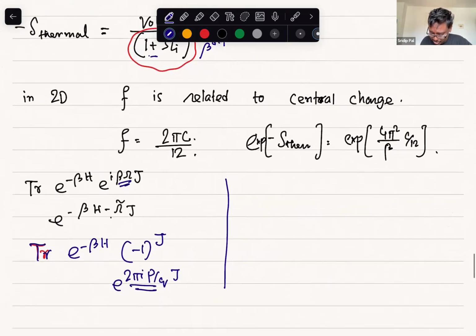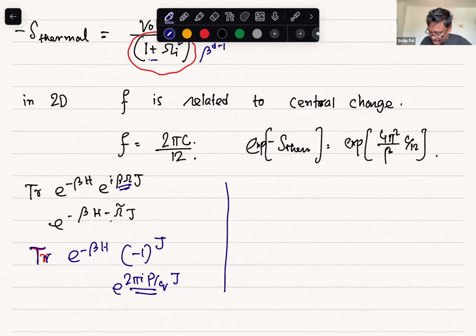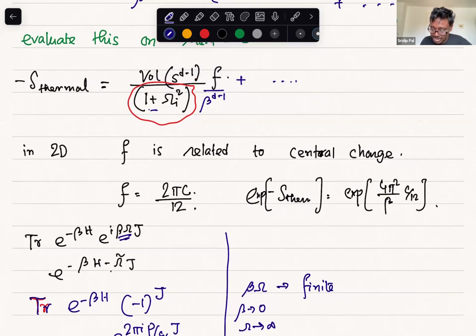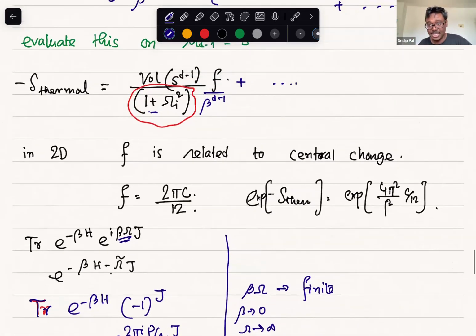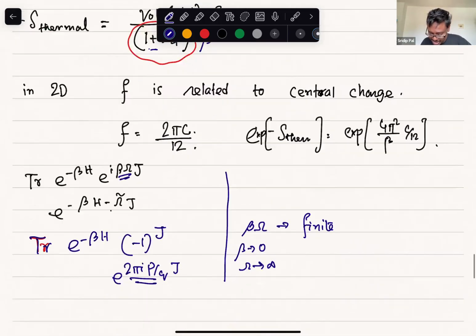If I want to replace it, I have to take a limit where beta omega goes to a finite number. And because I am taking beta going to 0, this means omega goes to infinity. And definitely this is way beyond the validity of this effective field theory, because there is a 1 plus omega square. So I cannot use this effective field theory that I wrote down here